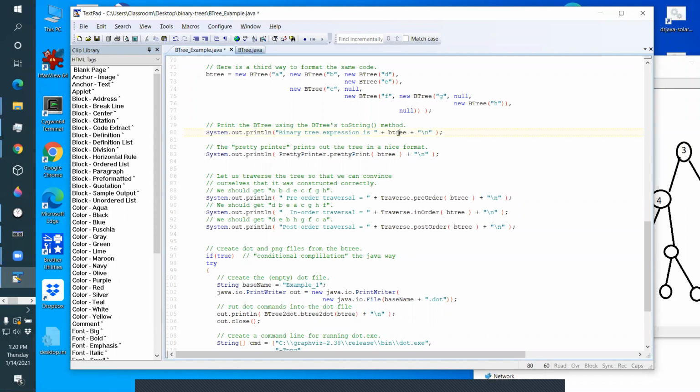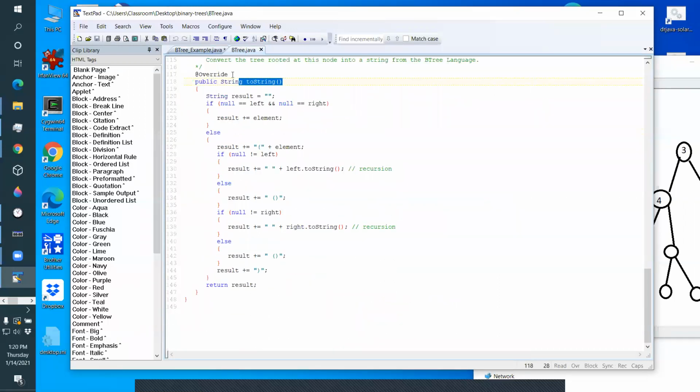prints the tree. Now, what that really does is Java by default calls toString for you on that tree. Since you're concatenating the variable with a string, Java calls toString for you. You don't have to call it yourself. So this is calling the toString method on that variable, and it's going over to here, and it's going to convert the tree to a string. Okay, and what it's going to do is,